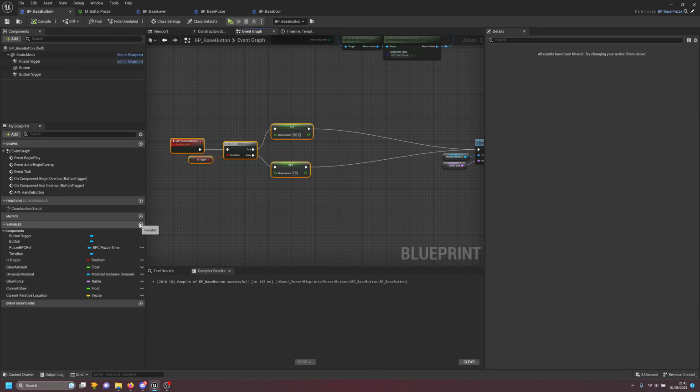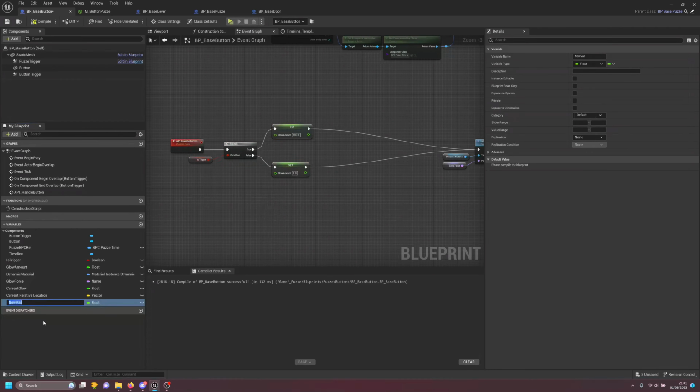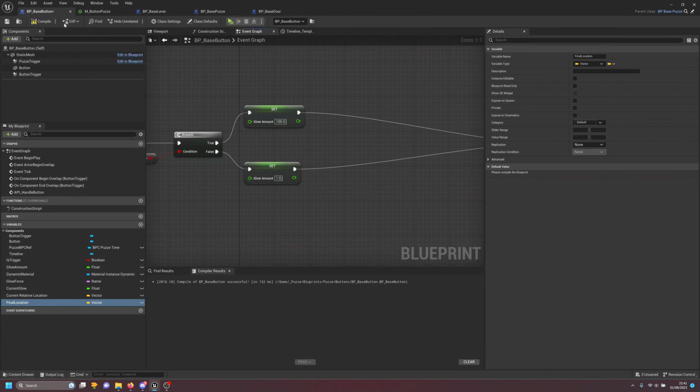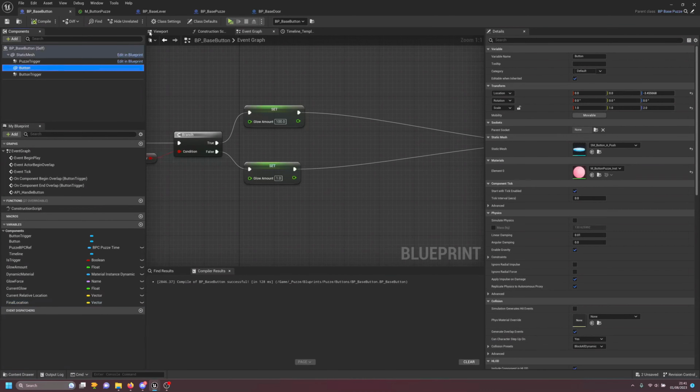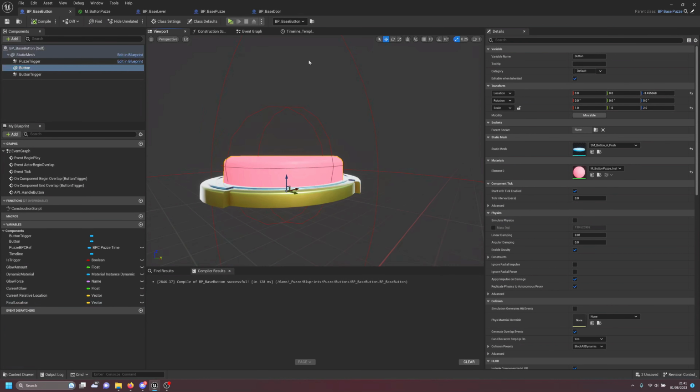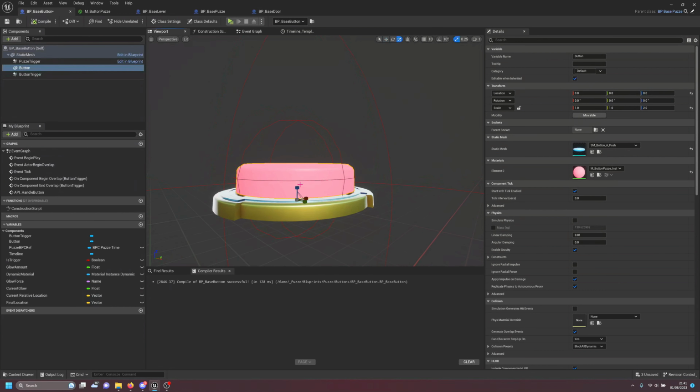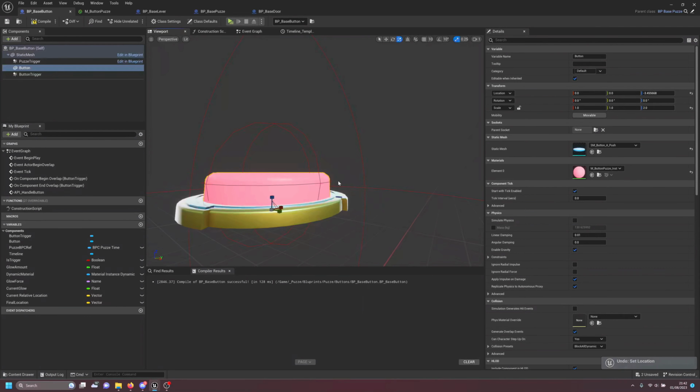So I'm gonna create another vector, and this vector is gonna be called final location. It's going to be of type vector. Our button here is set up to, let's make it 0, 0, 0. I'm just gonna increase a little bit the scale of this, and now that's fine. Right. So I'm just gonna copy this value here so you guys can see,